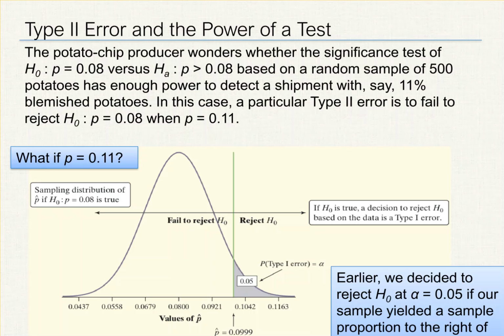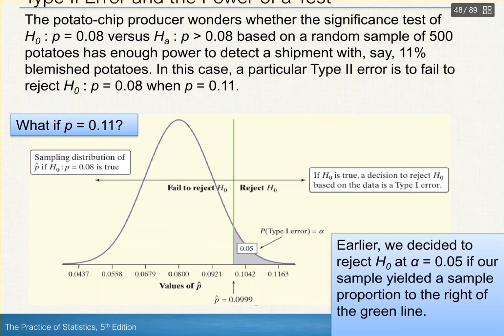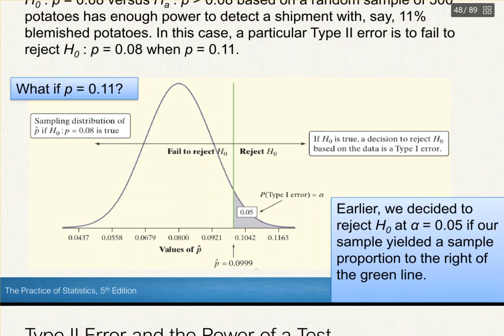For instance, in the last case, we didn't reject the shipment of potatoes because it didn't meet the significance level. But suppose we didn't reject it, but it actually ended up having more than 8%, or in this case, say 11% blemished potatoes. So we went through and found the probability of a type 1 error, and we got basically that the p hat value was 0.0999, and so